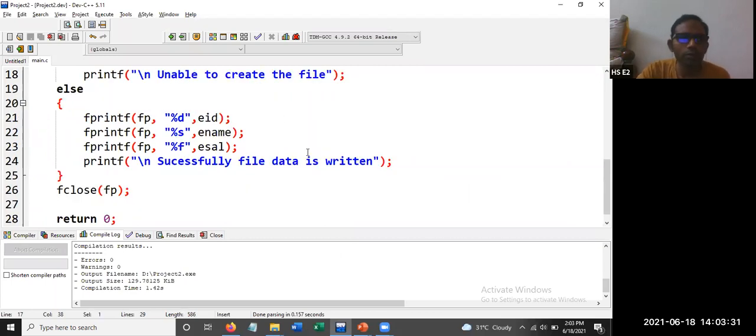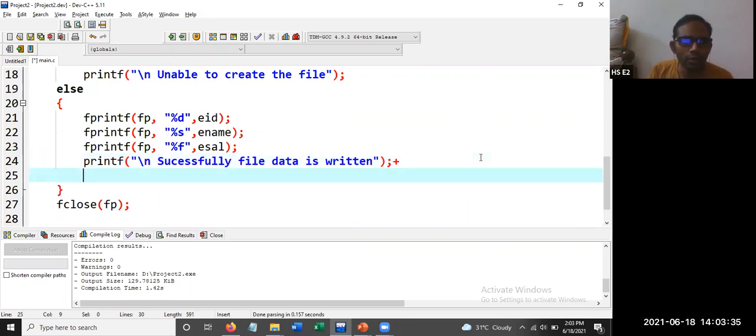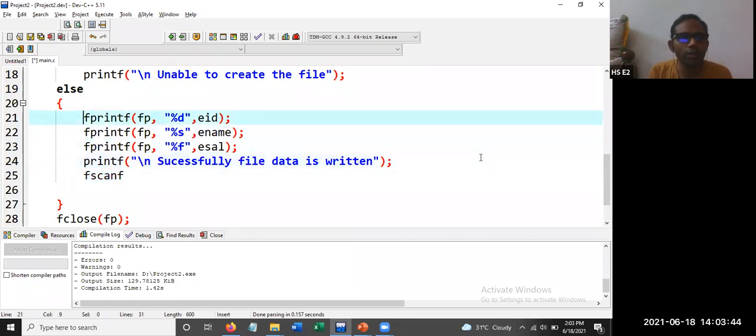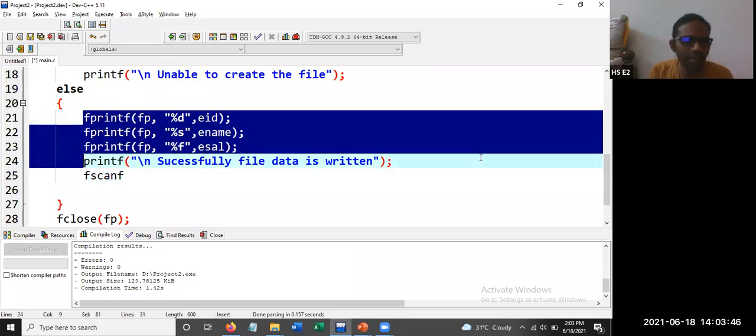So now what we want to do is, after writing, we want to read the data from the file. So how to read the data? You can read the data using scanf, fscanf. We have to follow the same order. Instead of fprintf, we will be writing fscanf.